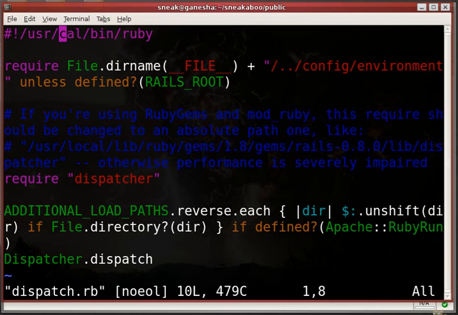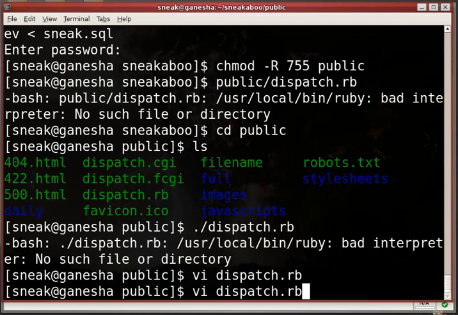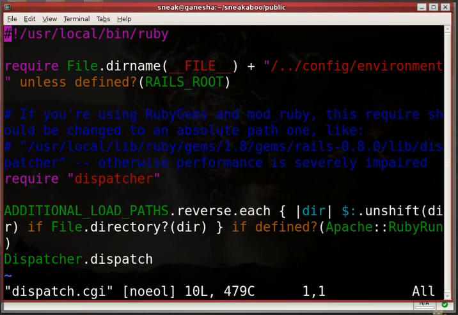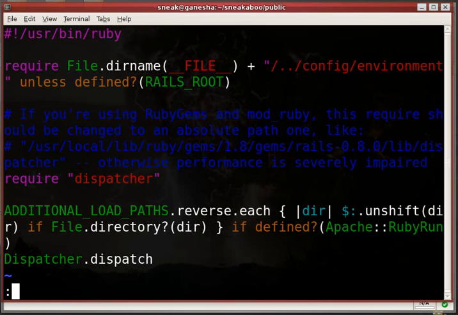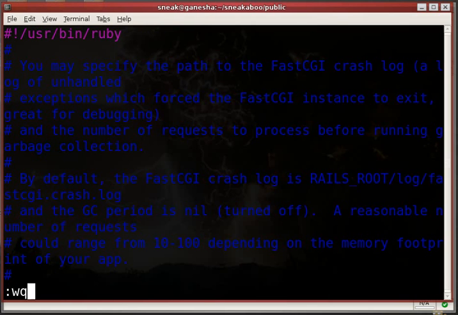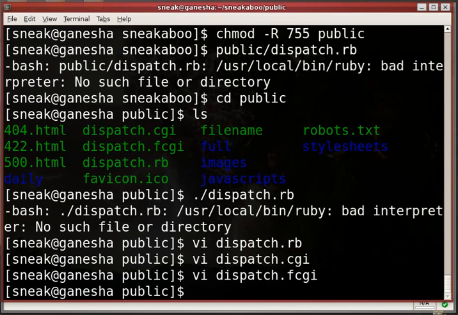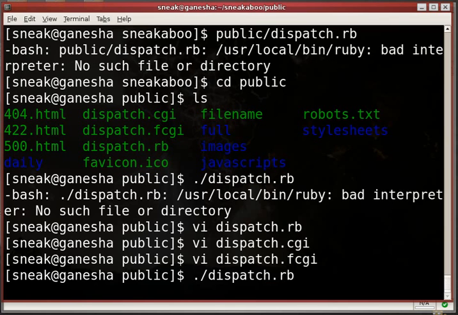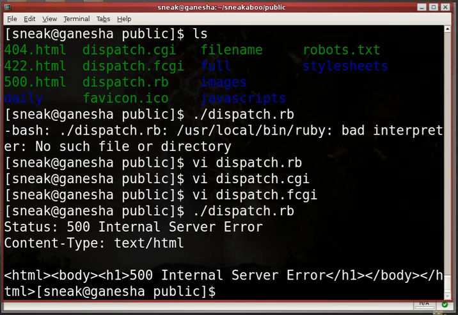So we're going to go ahead and go in there. And they don't have user local bin Ruby. They just have user bin Ruby, at least on my server. So we will correct that in all three relevant files. So user bin Ruby. Those are the only three places you have to do that. So now we're going to go ahead and try and run it again. And it's going to fail. It's going to fail because, if we back out of here,